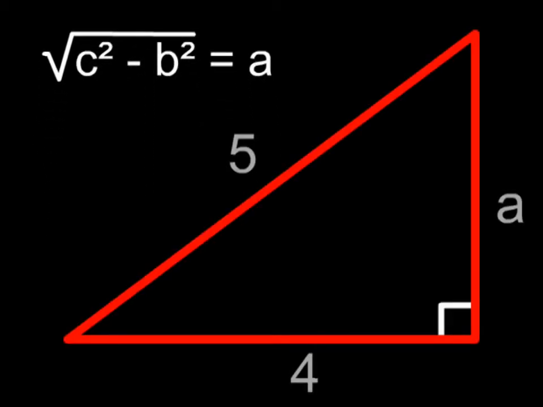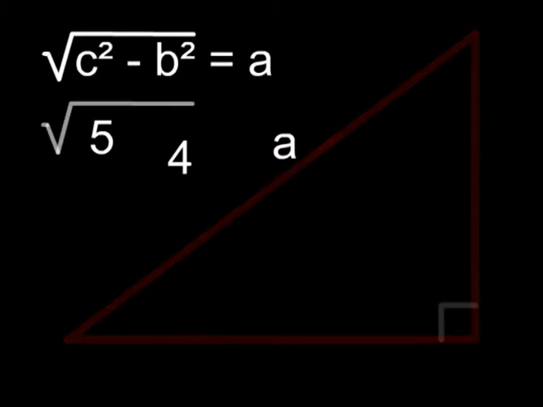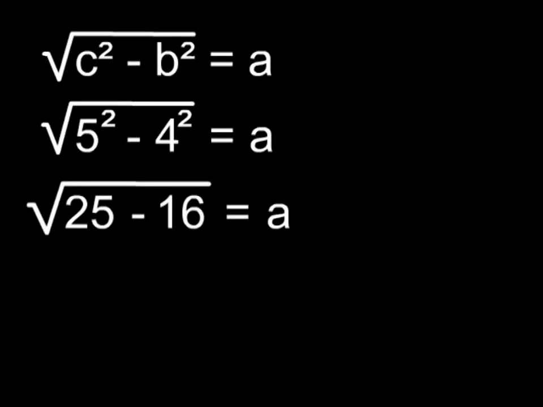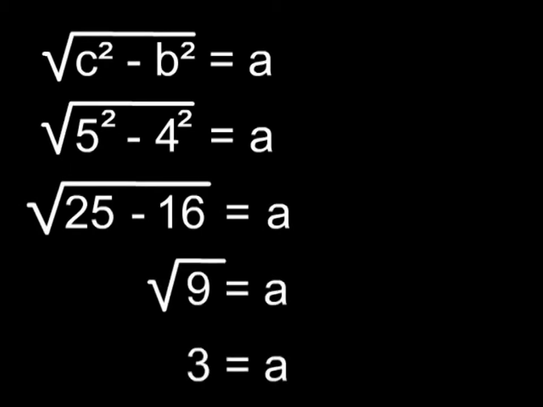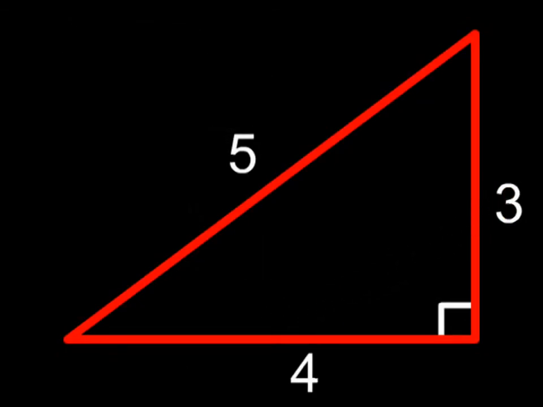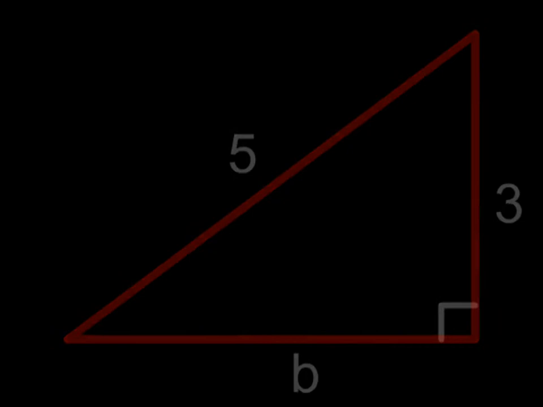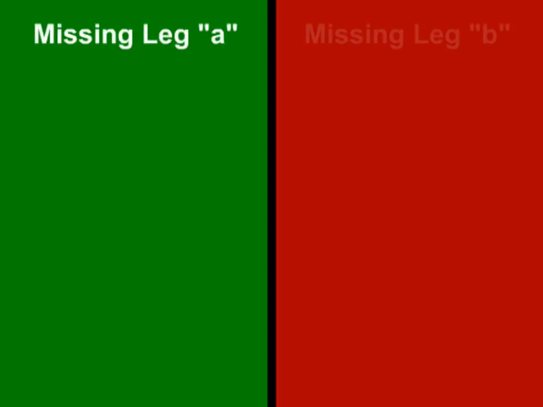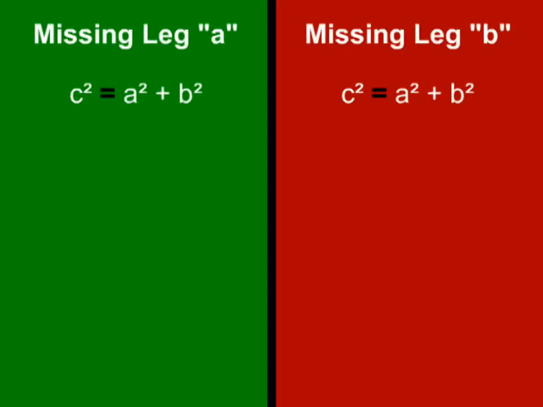Now that the equation has been tweaked, we're ready to plug in our actual values. The remaining steps are the same as before, except that known values are subtracted instead of added after they're squared. Solving for the other missing leg is identical, except for variable assignment. Regardless of which leg we're solving, we're going to start out with c squared is equal to a squared plus